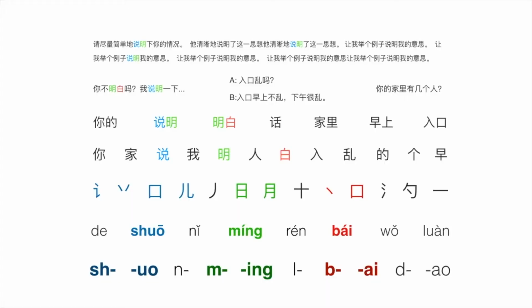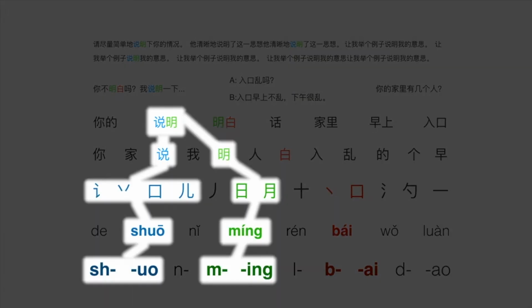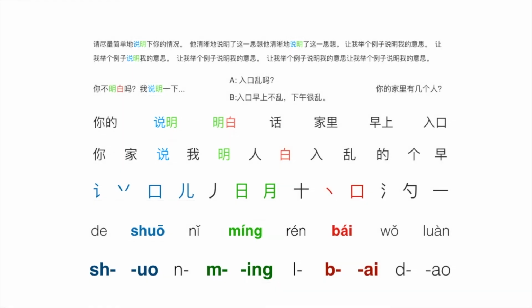So if we look here at the different characters and words that we might know, we talked about 说明. We know Ming, we know Shuo. So when you learn Shuoming, you've learned those 2 characters properly, and you learned the components of those characters, which is below the characters, and you learned the different pronunciations in the pronunciation mastery. And then here's a sentence that has 2 words that contain the character Ming, but you can guarantee I know all the characters in that sentence. And then you go up to the next level, which is a full short story,